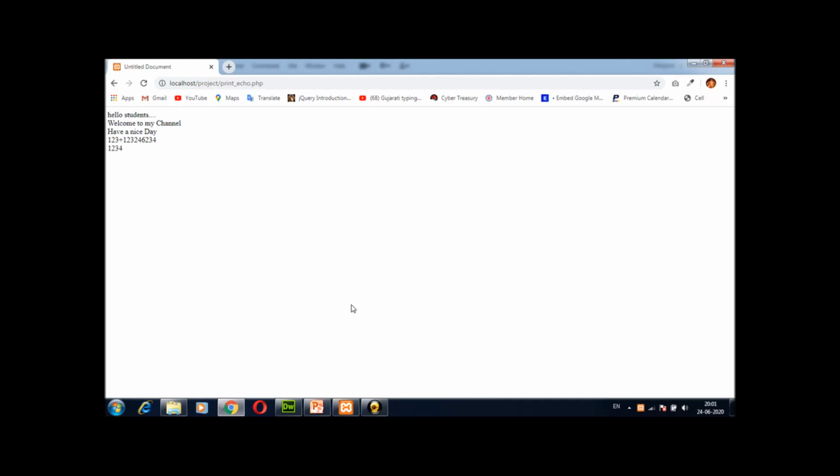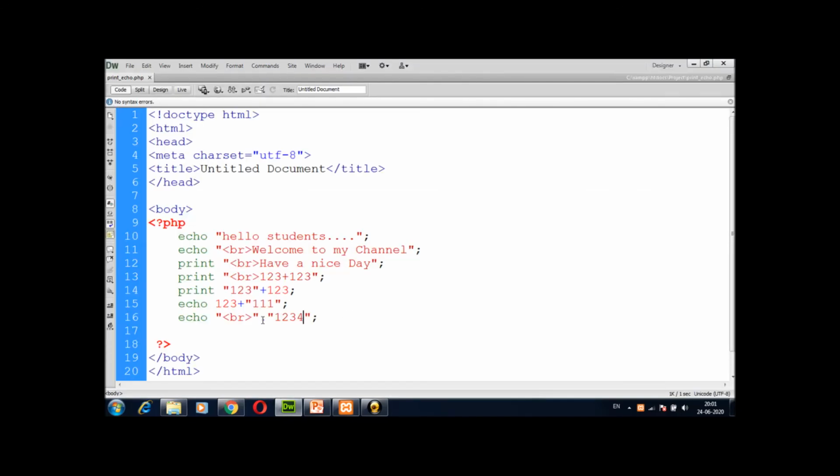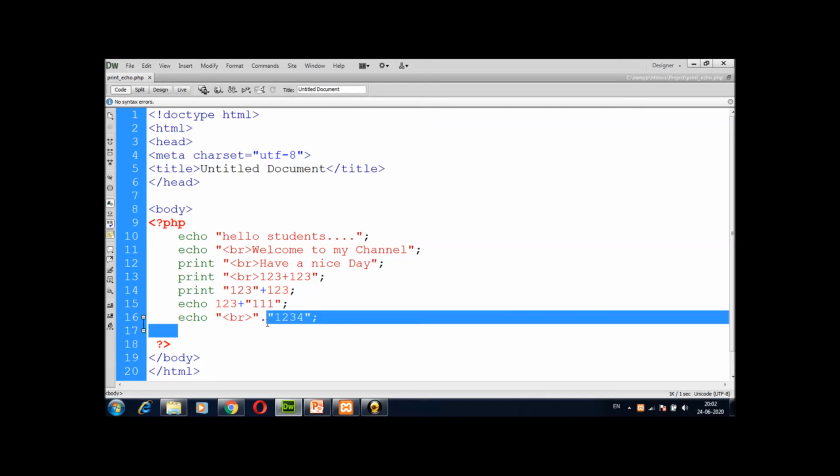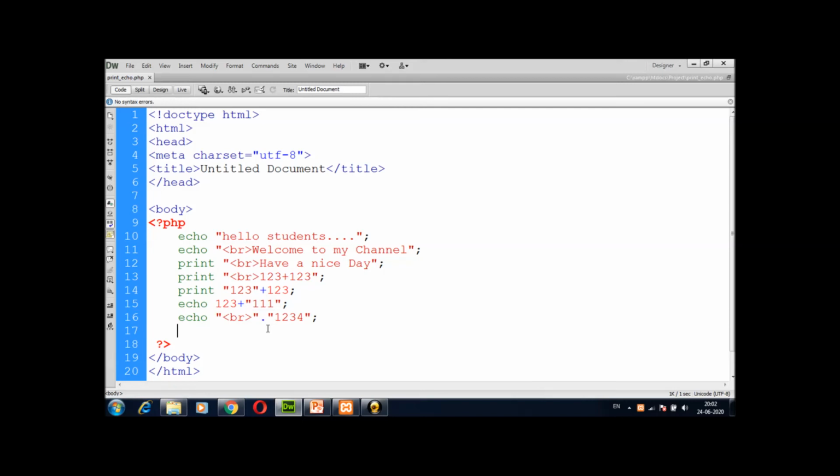It will go on a new line, because here I am using a dot sign before the break and the 1 2 3 statement, because the dot sign is used to concat two different statements, or the dot sign can also be used with a variable and a normal number, or a variable and a string message. Whenever you use a dot sign, it is performing a concat operation.